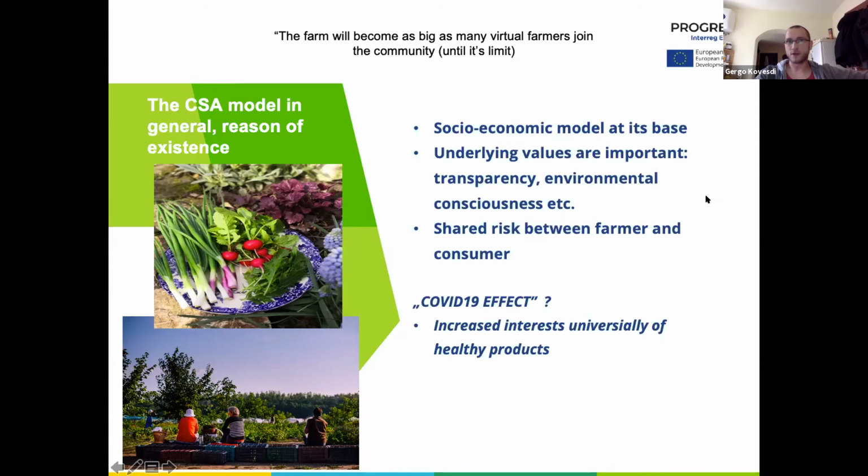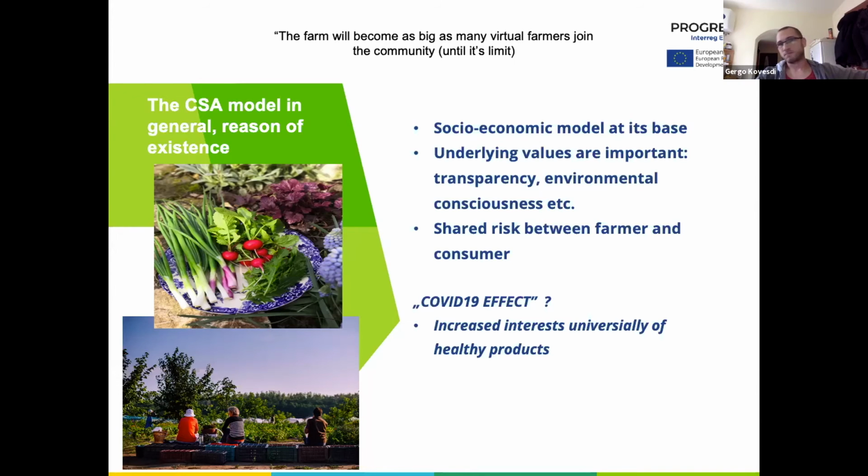The underlying values are very important: transparency, environmental consciousness, and, which is very unique in Hungary, I think, the shared risk between farmer and